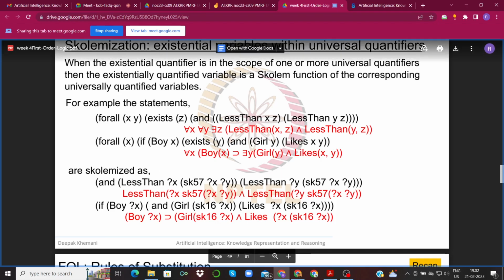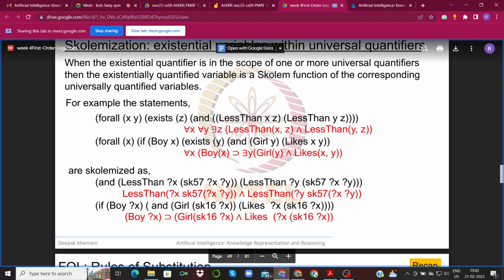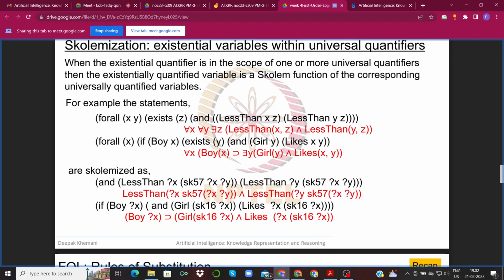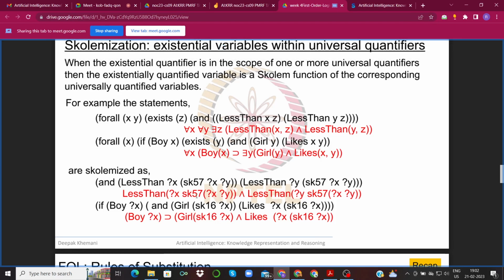So when we see over here, this z is an existential quantifier within the scope of these universal quantifiers x and y, right? So we are replacing this with the Skolem function of the universally quantified variables x and y, okay? So here we have less than x, and instead of z we have Skolem 57, which is just some random name sk57, which is a function of x and y, okay? Similarly, in this one we have less than y, and z we are replacing with sk57, function of x and y,